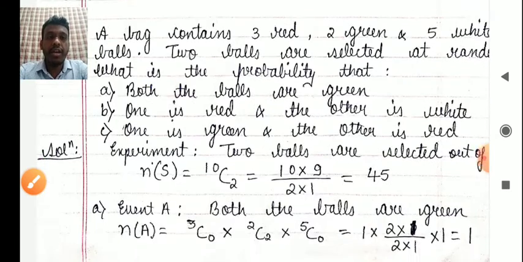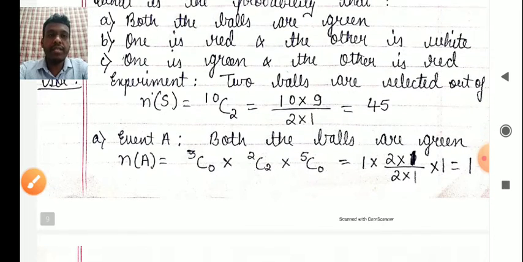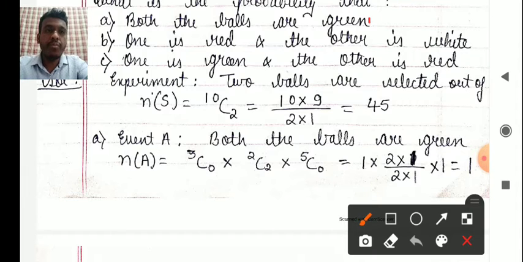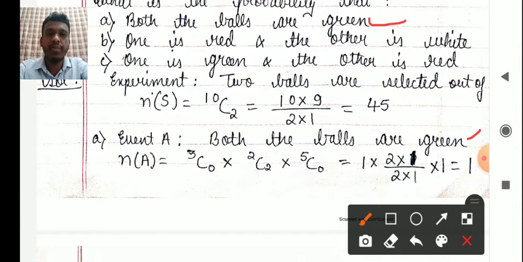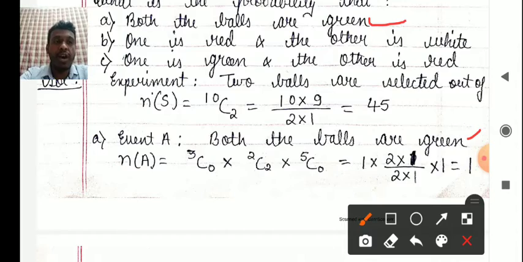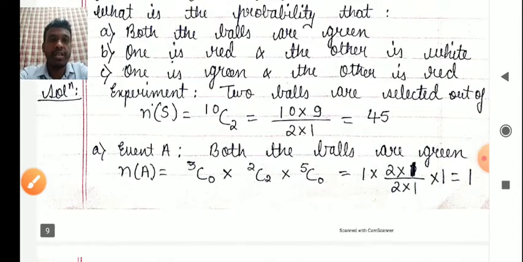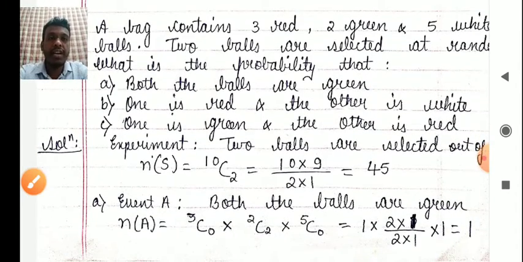Now n of s is equal to 45. What is the first event? The first event we are talking about is both the balls are green. What is n of A equal to? That is the number of possible outcomes. So how many red balls do we have? Look at the question. The question says that we have